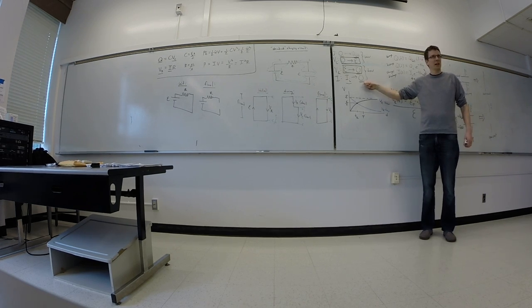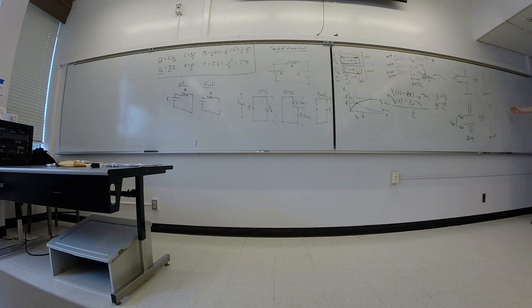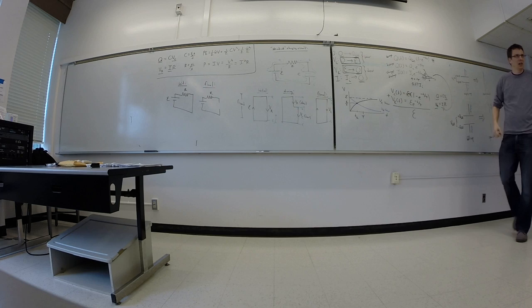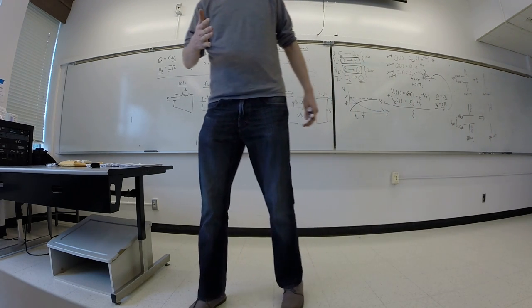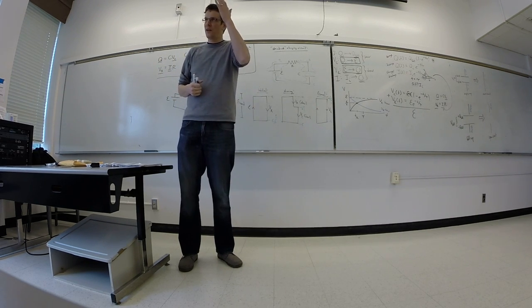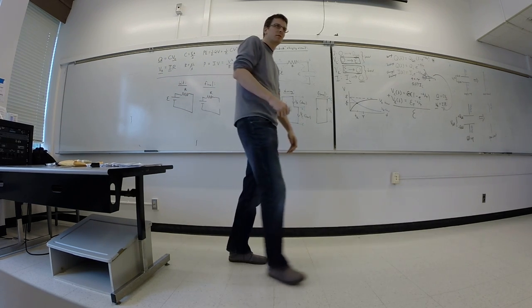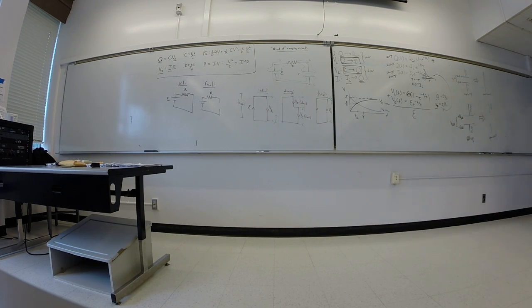There's no current at the end. This is an incredibly helpful thing to think about in a circuit when you're not sure what's going on. If you know the capacitor is empty, you can functionally replace it with a short circuit. And if you know the capacitor is full, you can effectively replace it with an open circuit. Okay? So it helps to